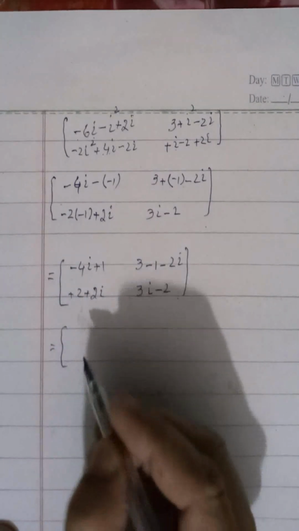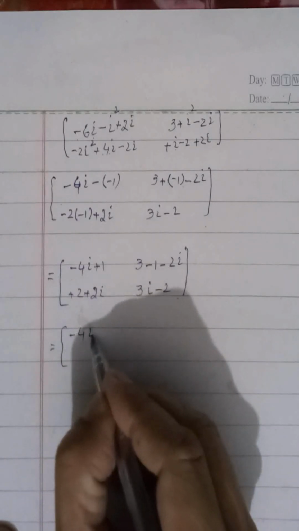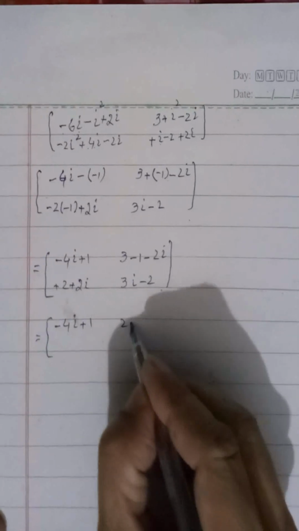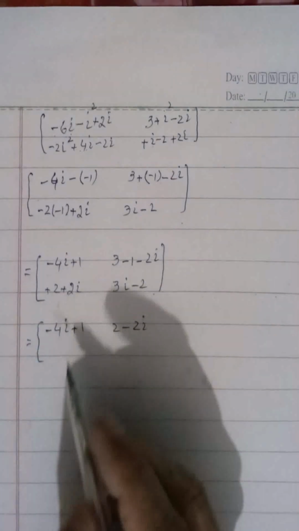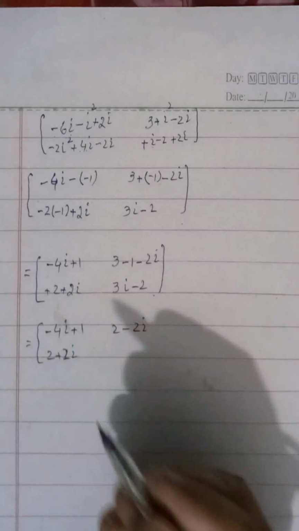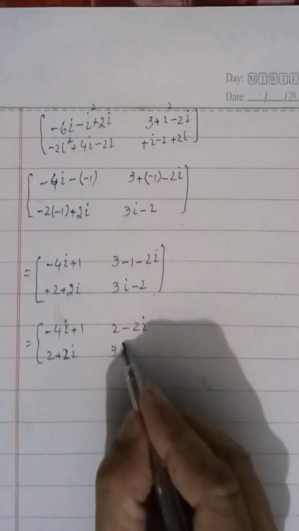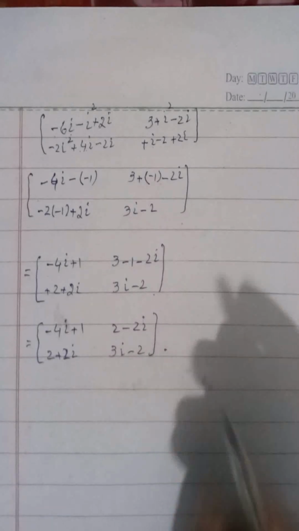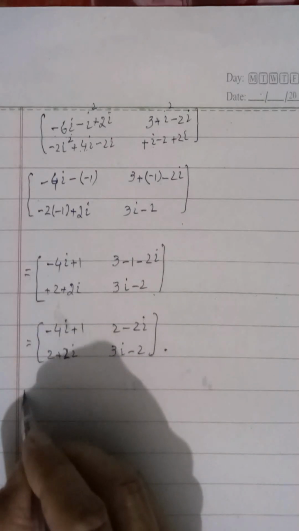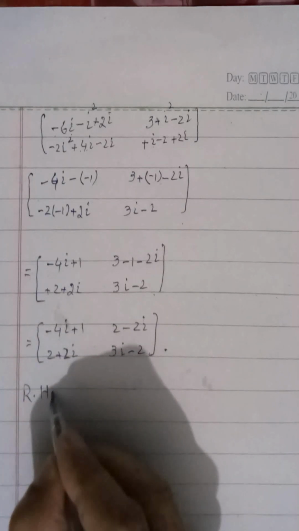And completely we find minus 4 iota plus 1 and 2 minus 2 iota, and the second row is 2 plus 2 iota, and here is 3 iota minus 2. This is the left hand side of the product of ABC. Now we find the right hand side